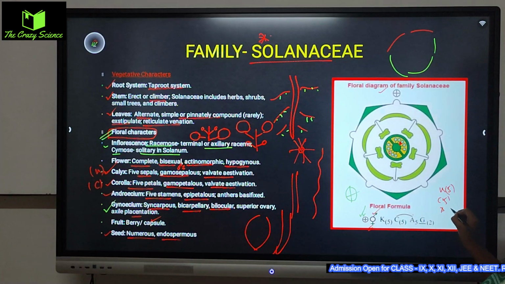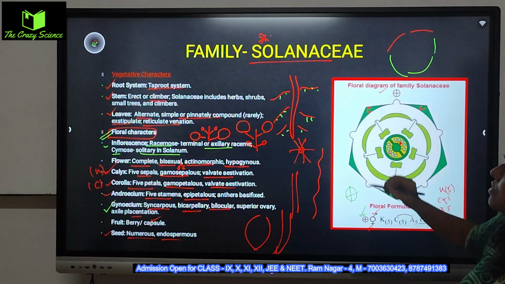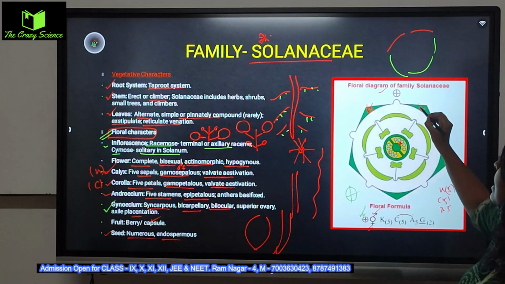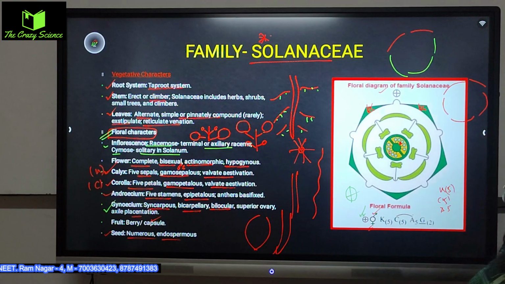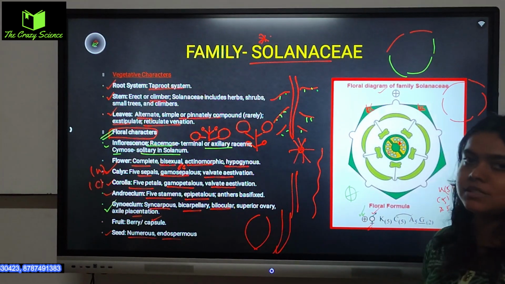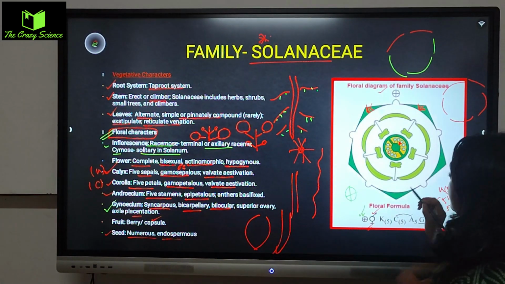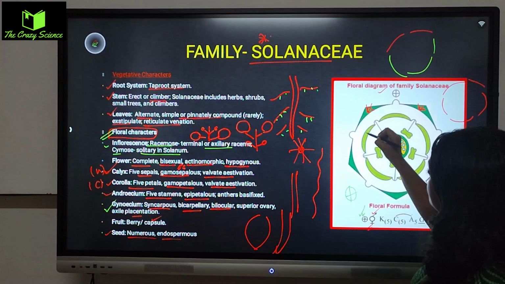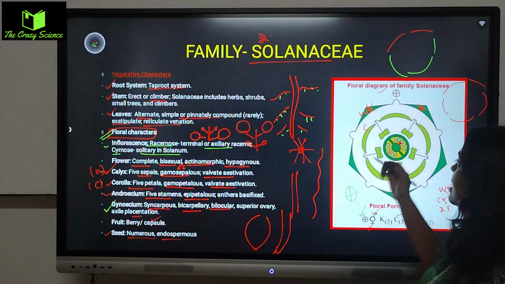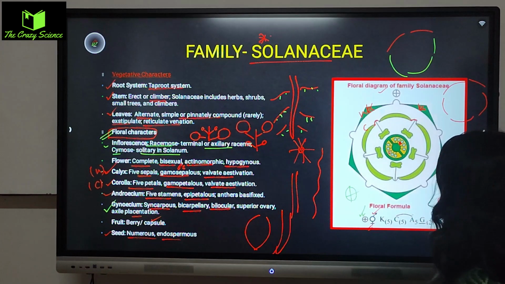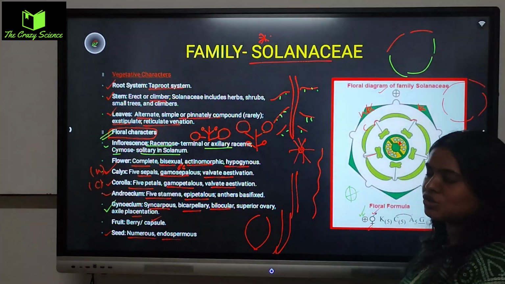connected with the A, means androecium, but the calyx and corolla are not connected with each other. You can see these are the calyx, which you denoted, sorry, calyx means K, we write calyx with K, and they are valvate. Valvate means they will be beautifully together like this without any side twist, there will be a gap in between. And same valvate, but here what is happening is petals, which are denoted as C, the corolla, are connected to each other, we use a bracket here. Okay, and from here 5 androecium will be emerged, and